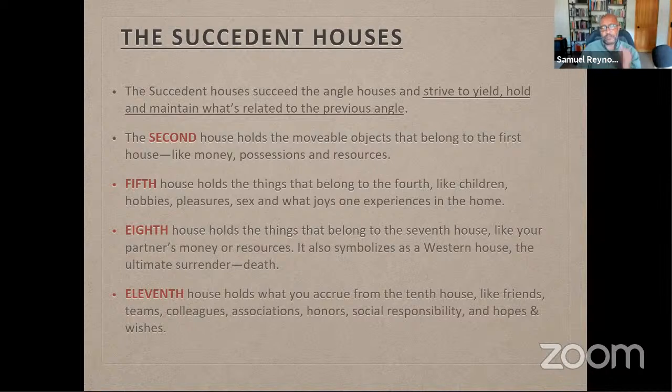The 11th house also relates to a sense of social responsibility of any particular stripe, where I feel like I want to be more responsible for unborn children, or I want to be responsible for a woman's right to choose. All these different aspects can be very much tied to the idea of the 11th house. Things that may not be immediately related to you, but more so where you feel a kinship with others in the external world. Also, your hopes and wishes.